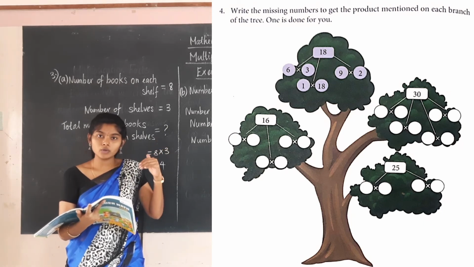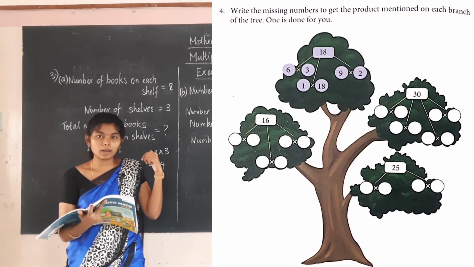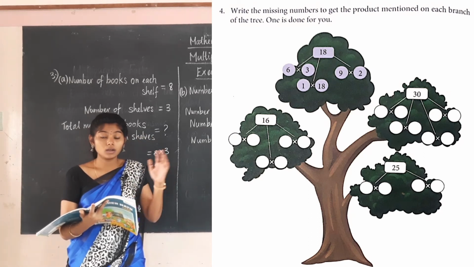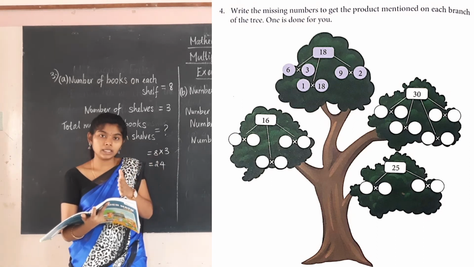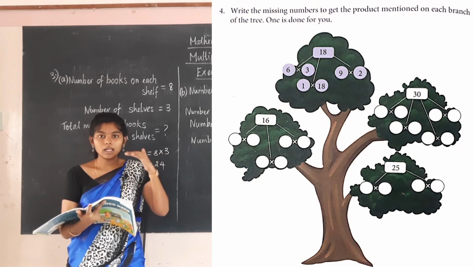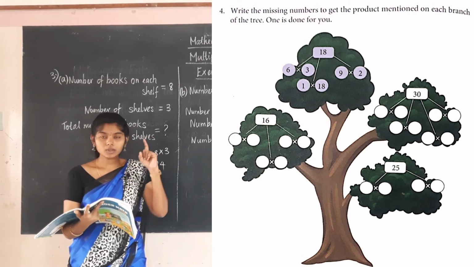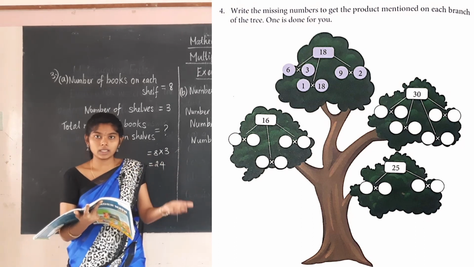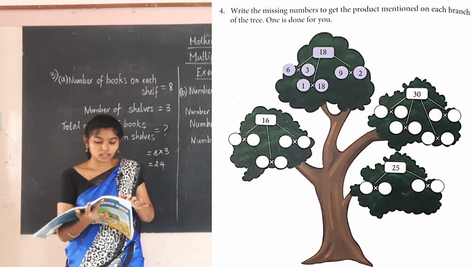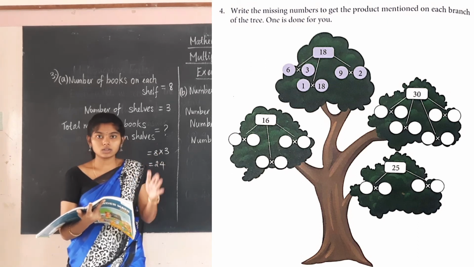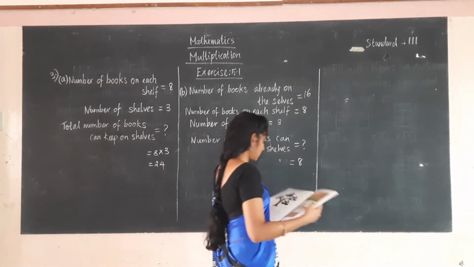So here we are going to find the two numbers. What are the numbers that can make the number 18? So we are going to multiply those two numbers. What will you multiply? 6 3s are 18. You know the tables up to 10. So with that help only you are going to write that. So one thing is 1 18 is 18, and another one is 9 2s are 18, and 2 9s are also 18, and 3 6s are 18, or 6 3s are 18. So these are the things. So I will explain you this.